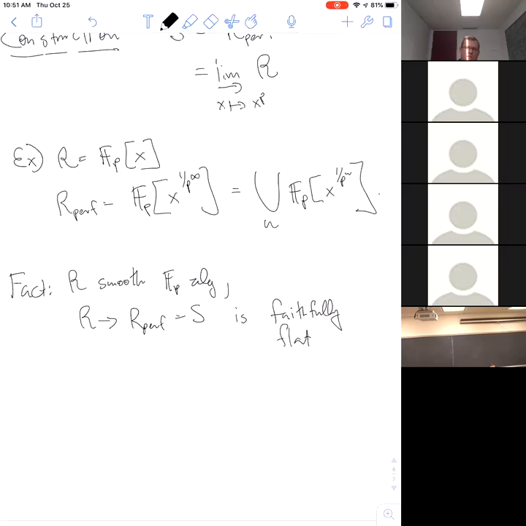In fact, it turns out this is actually a characterization of smoothness. But yeah, you can see this directly in the polynomial ring. So the map from the polynomial ring to the perfect polynomial ring is a faithfully flat map. Okay, so now to describe TP of R, and ultimately give this filtration, it suffices to understand